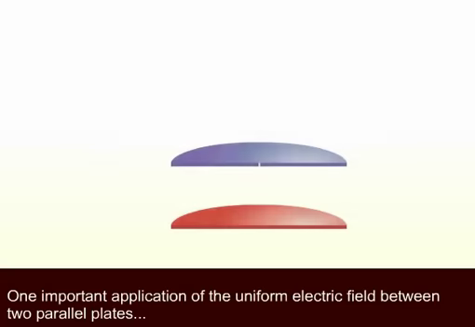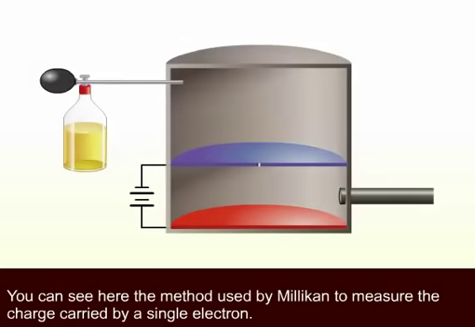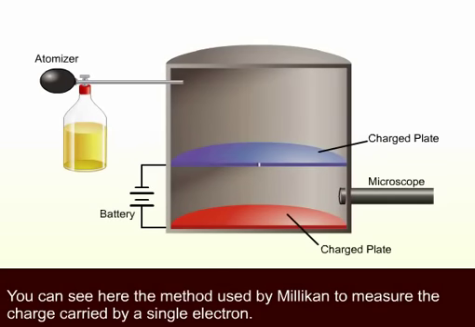One important application of the uniform electric field between two parallel plates is the measurement of the charge of an electron. This was first determined by American physicist Robert A. Millikan in 1909. You can see here the method used by Millikan to measure the charge carried by a single